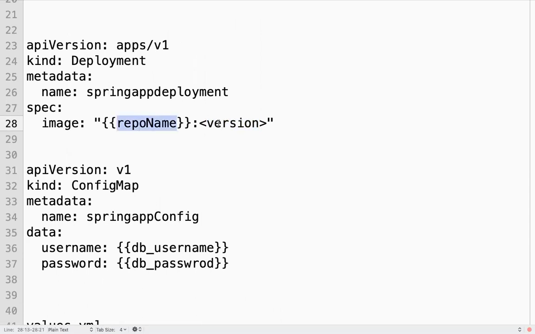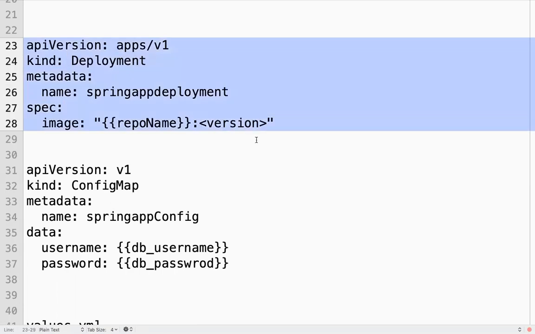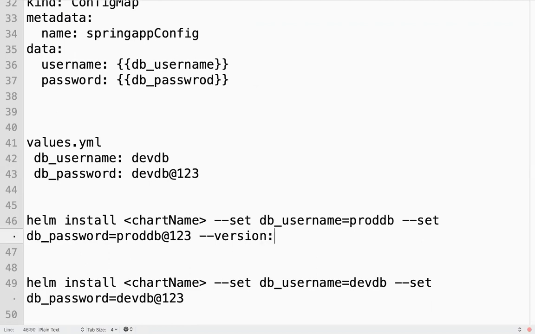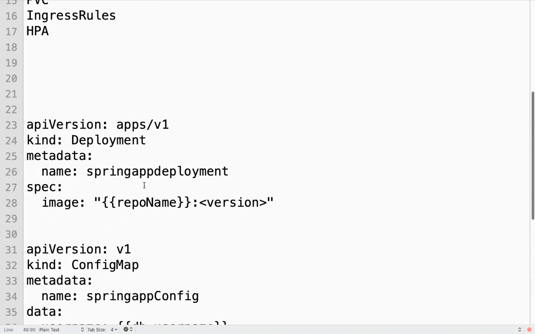Here, am I hard coding the image version? If I use a Helm chart, you can pass it at runtime. So you can use something like this: version, image version 2, 3, 4, whatever you want. It simplifies the process of creating and managing applications, deploying applications in Kubernetes.